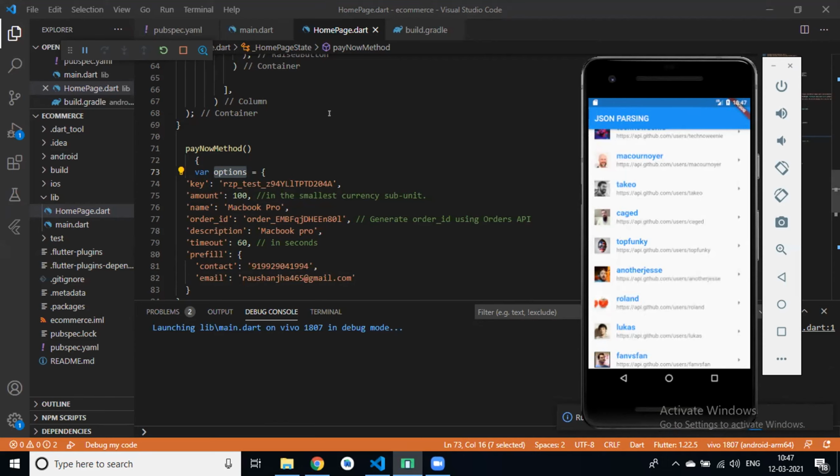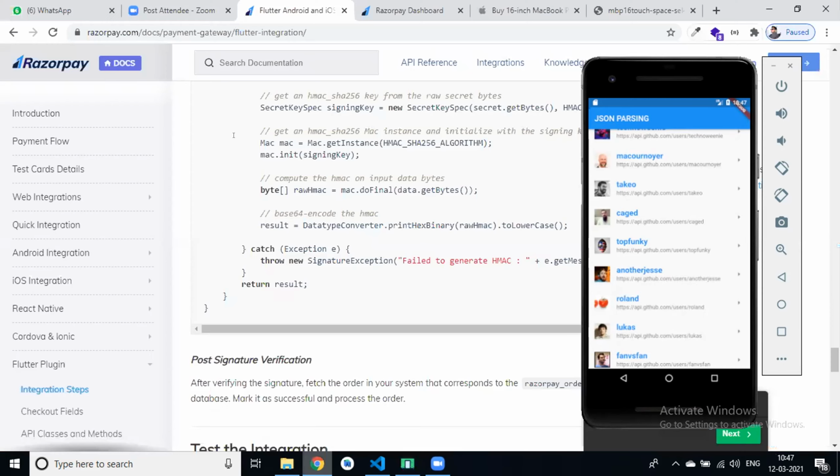Divya, is it clear? Everything? Yes, Roshan, it's clear. While registering with Razorpay, do we need to give our personal email ID or the company's?